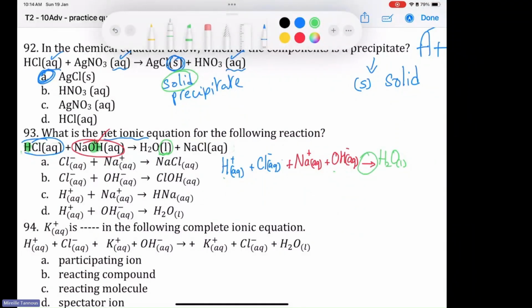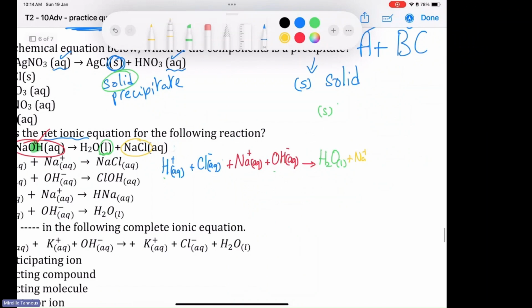When we want to start writing the products, I cannot anymore split into ions, plus or minus, anything that is solid or liquid or gas. Only the aqueous. So plus